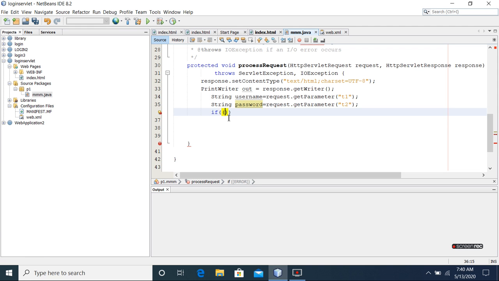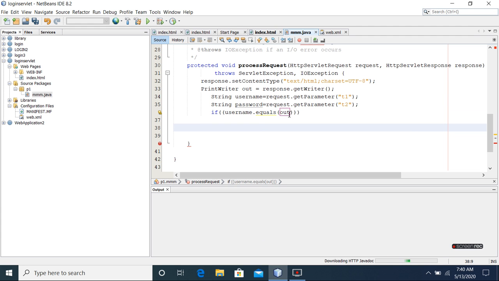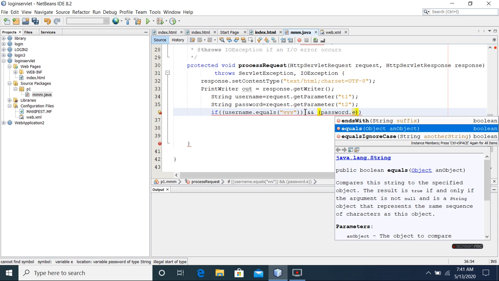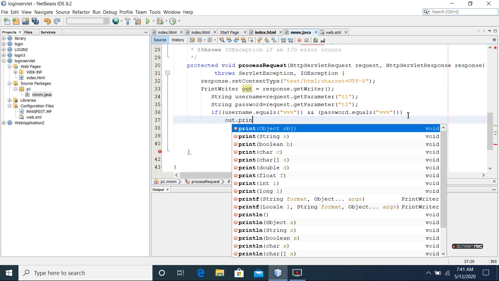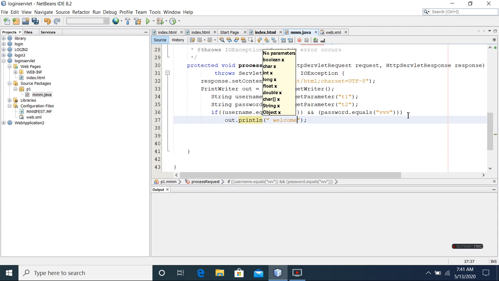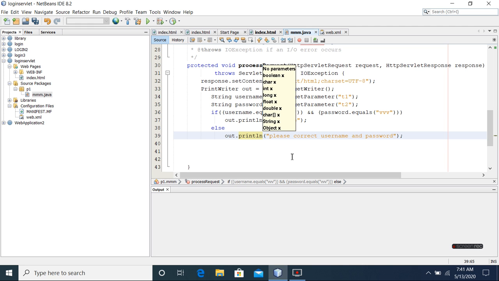If username.equals www and password.equals www, we will print the message using out.println welcome, or else, if it is wrong, we will give the message back to the client: please enter correct username and password. So this is our simple login page.